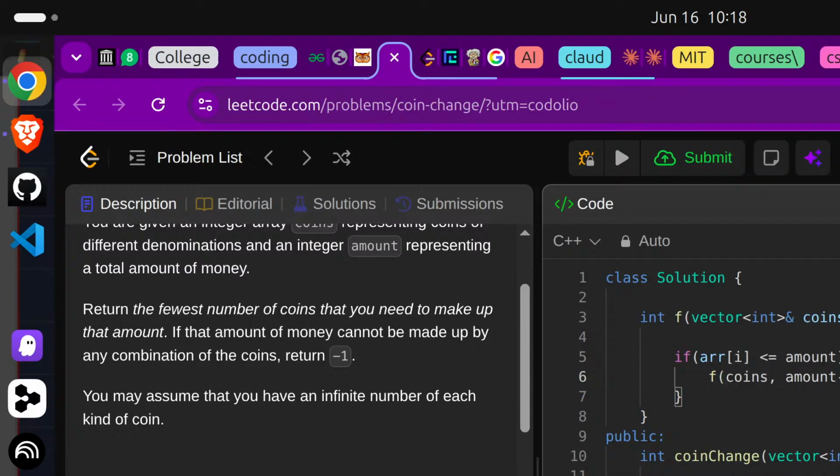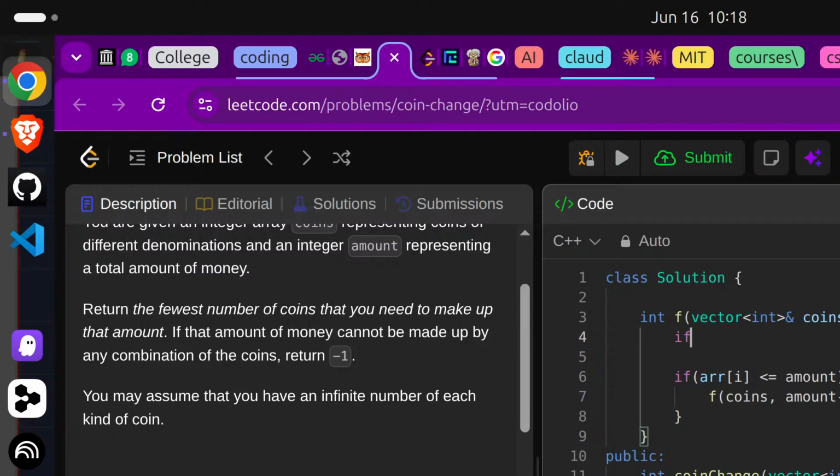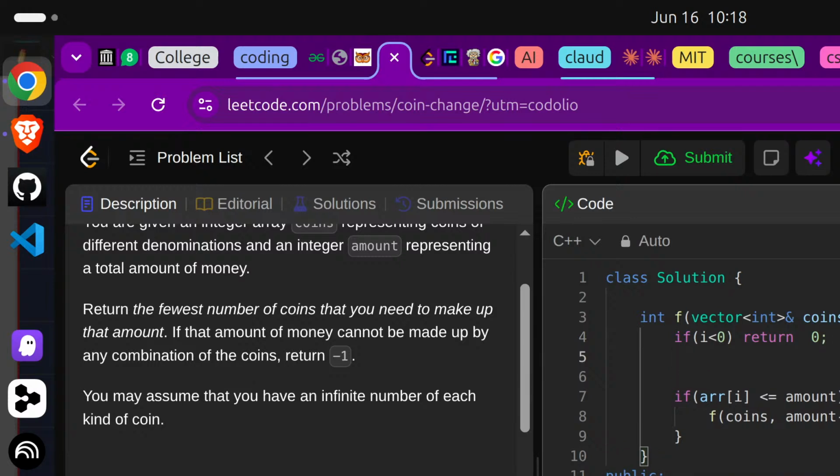Okay, one base case will be if I is less than 0, return 0. Okay, else